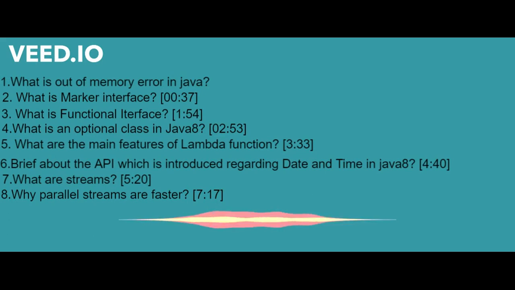What is out of memory error in Java? Yeah, so this error I generally see when we have some space issues in our workspace regarding XMS and XMX, the minimum and maximum size, right? Whenever that memory is low, in that case we get this exception. So we should resolve these exceptions by making some changes in the eclipse.ini file by increasing those sizes.